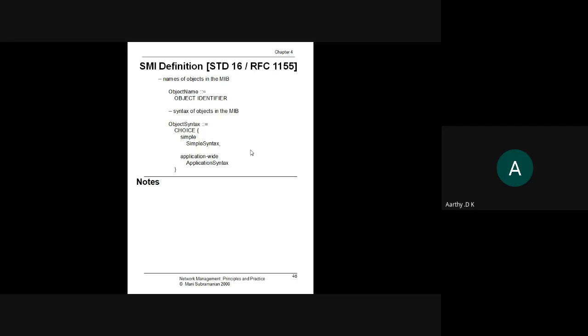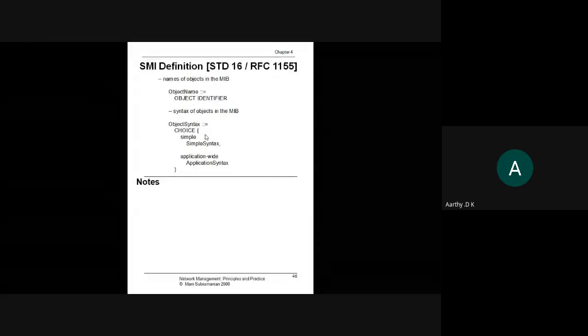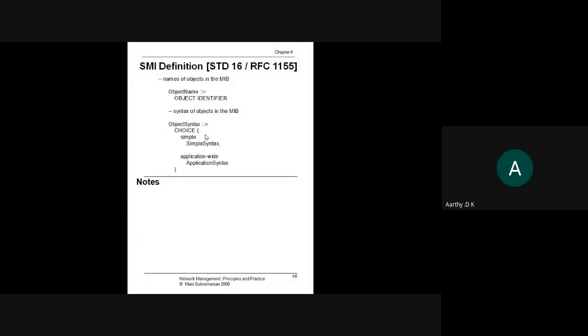Next, to specify the object syntax, we are using a choice data type. Choice means it can be either one. It is just like your logical or. Either this or that needs to be chosen, it cannot be both.